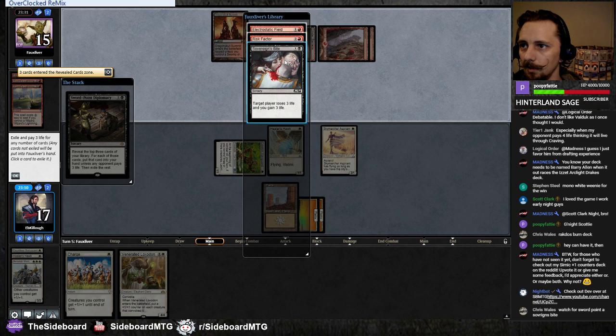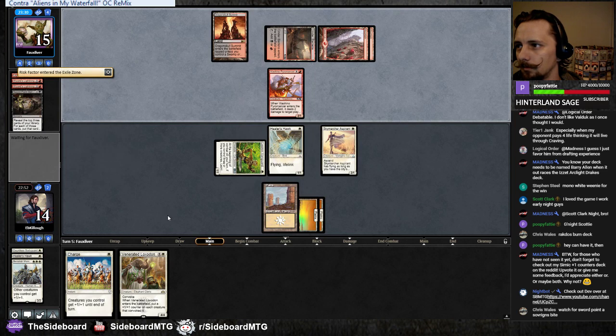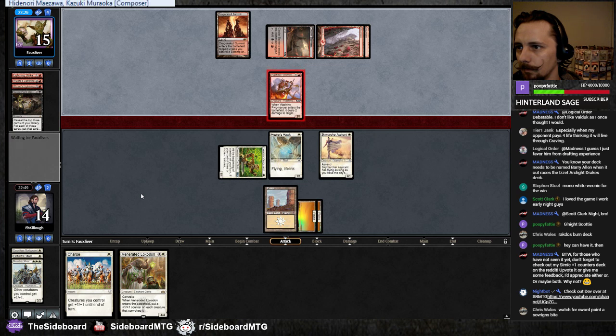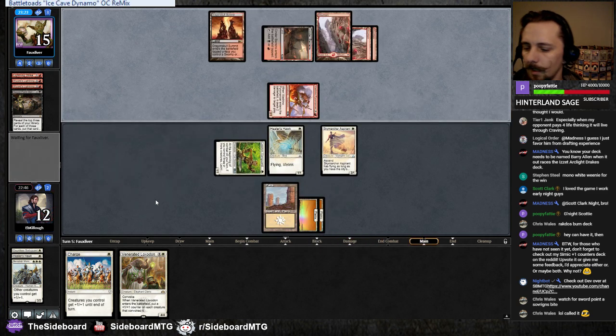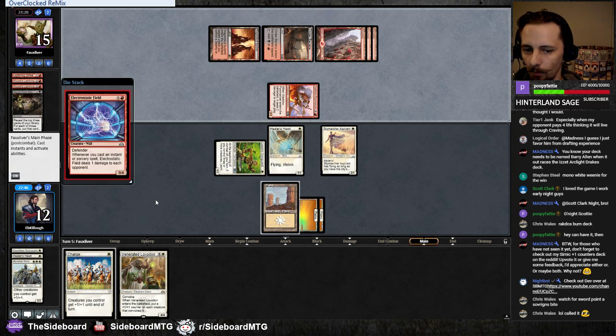Sword Point Diplomacy. Risk Factor. Alright, so am I going to take 3? No. I'll exile Risk Factor. And then as far as Electrostatic Field goes, I think that I can deal with that. So, I'll take 3. And then we'll take another 2 here. Yeah, I think Risk Factor would have done a lot more, but